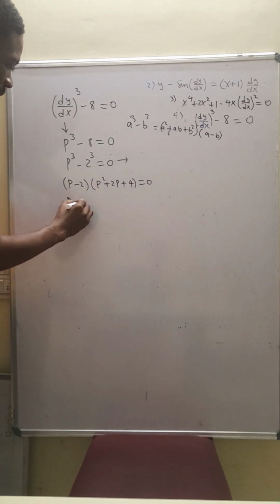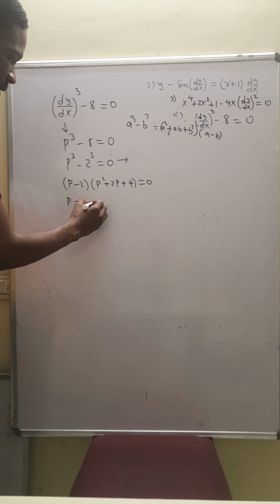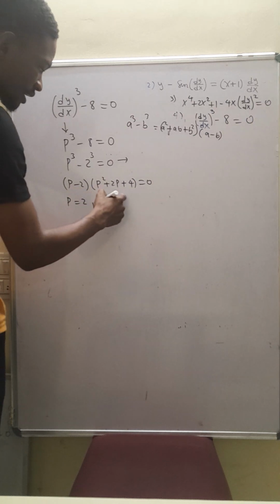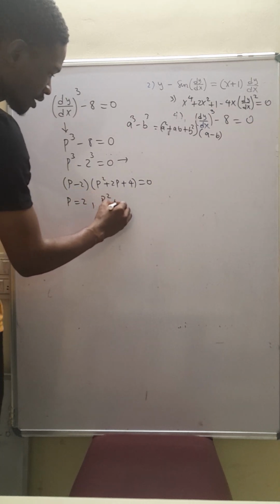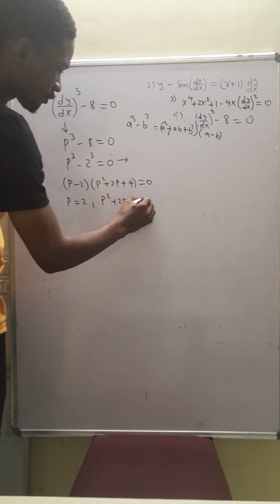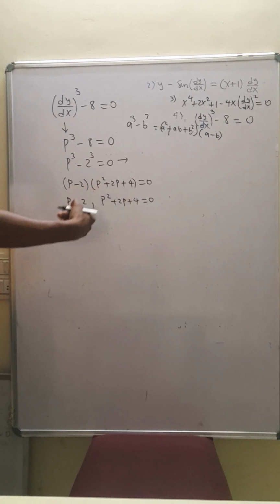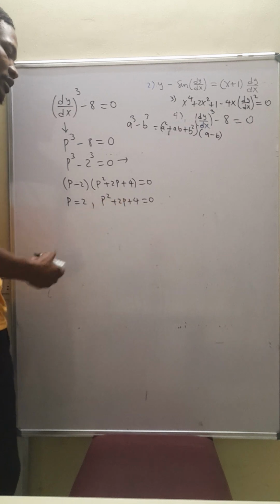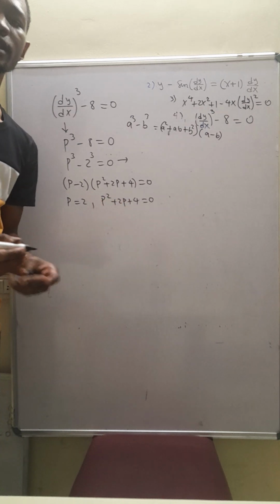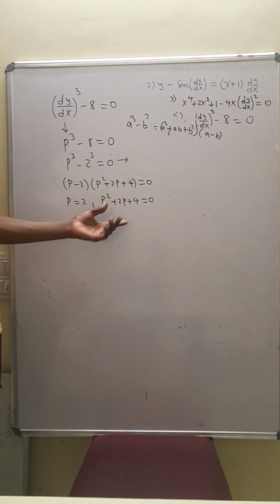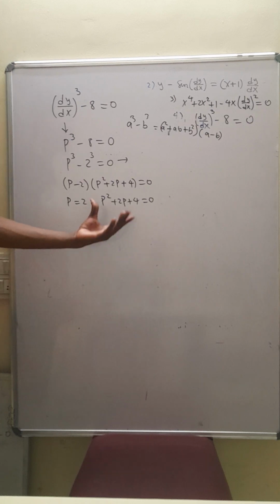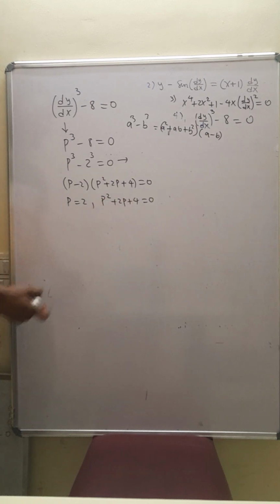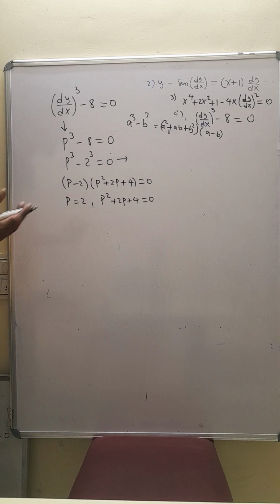I know that here p will be equal to 2. Then what will be the other p? Here I got p² + 2p + 4 = 0. This is a second degree algebraic equation. So this one in real numbers has no solution, okay? But here, as we said, whenever we are solving a differential equation,